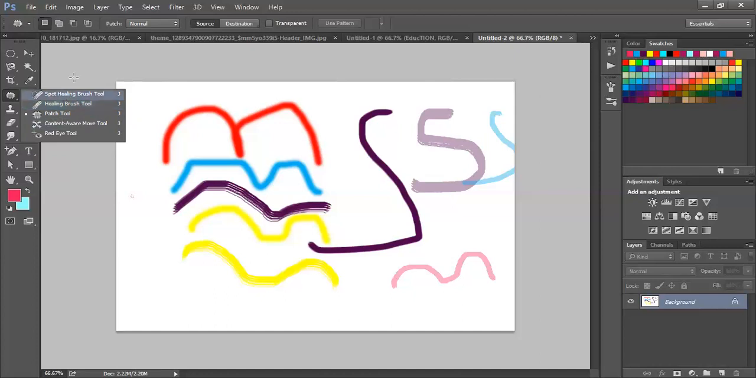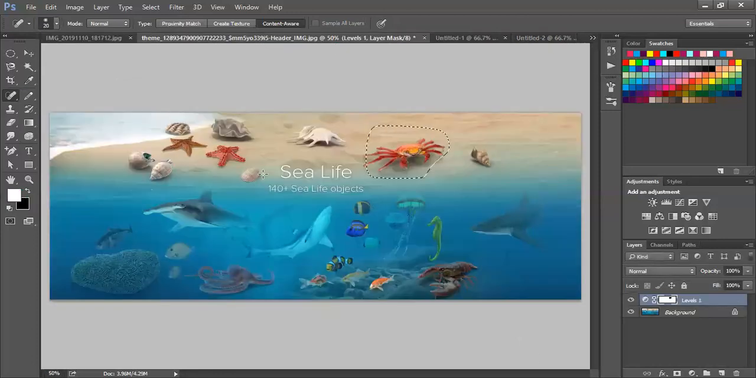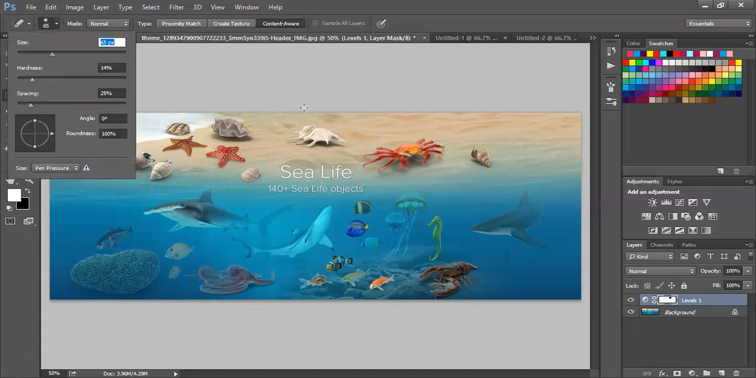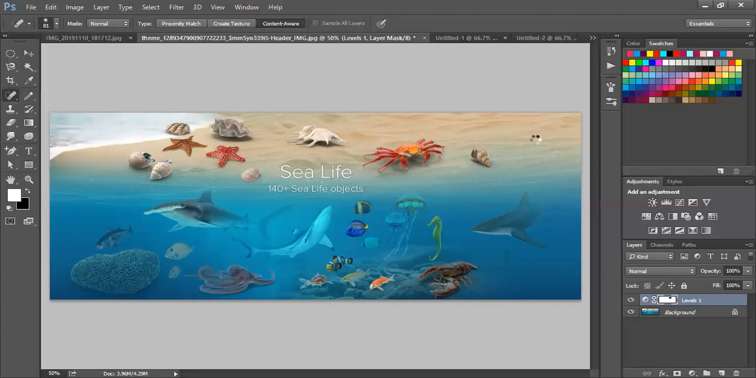So for instance, for my spot healing brush, if we want to heal an area here, let's just assume we want to get rid of this. We don't want this spot here. So I choose my spot healing brush and try to get rid of this spot here. So I can increase the size since it's smaller, so that it enables me to move on very fast. So you increase the size, then,